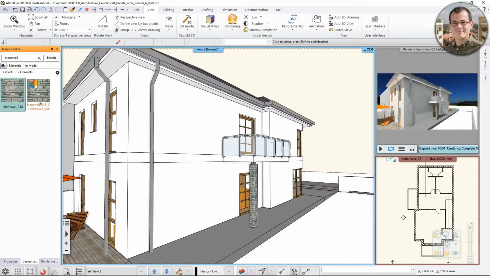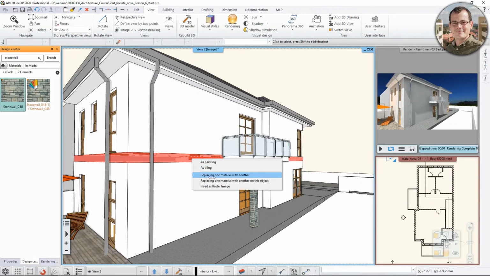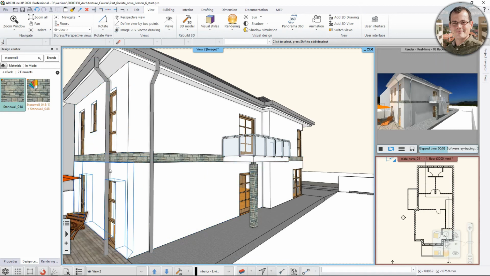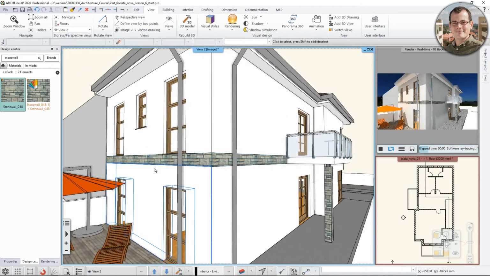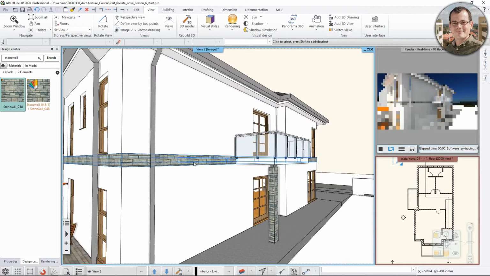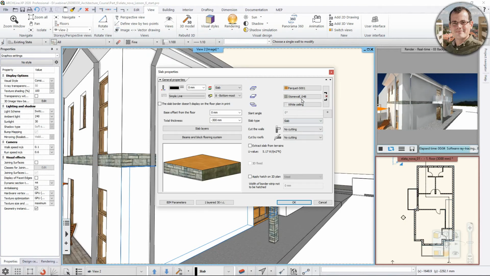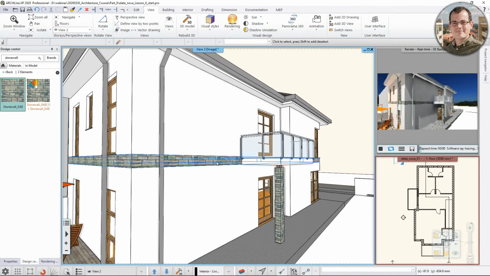That was another copy of the texture, that's why I wasn't using that. So if I add it onto this surface, you see that that's not good. The whole slab took up this texture, and that's not what I need. Let's just go to the properties, see what happened here. What is happening here is that the side material of the slab is changed,